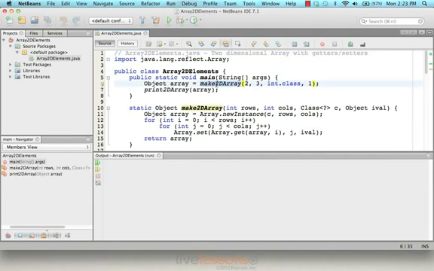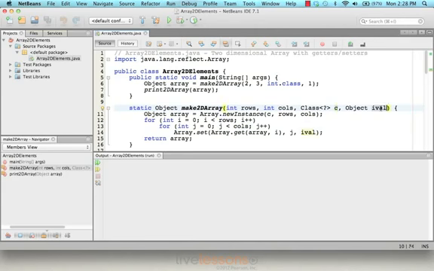Make2DArray creates a two-dimensional array of any type and initializes all the array elements to a specific value. The Print2DArray method displays the elements from this two-dimensional array object. Let's look at Make2DArray first. This method has 4 arguments: the number of rows, the number of columns, the class component type, and the initial